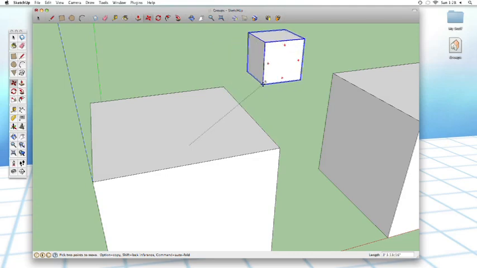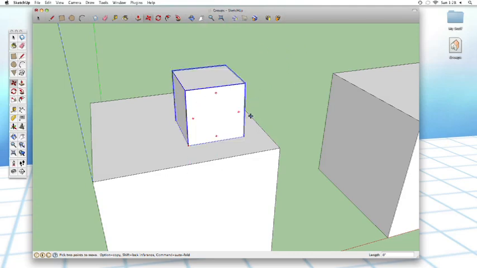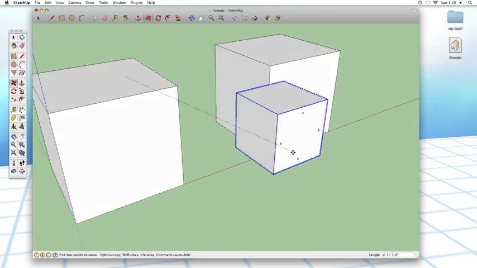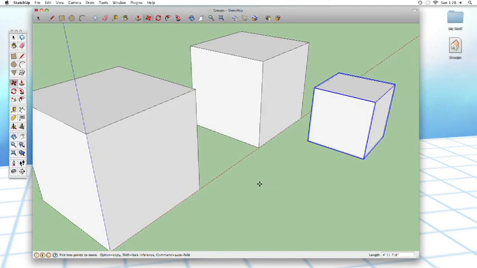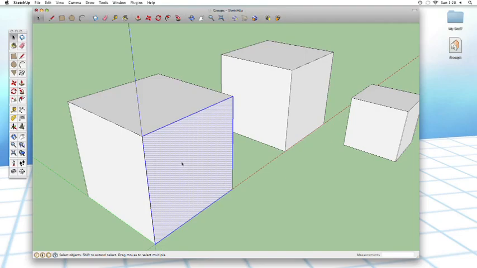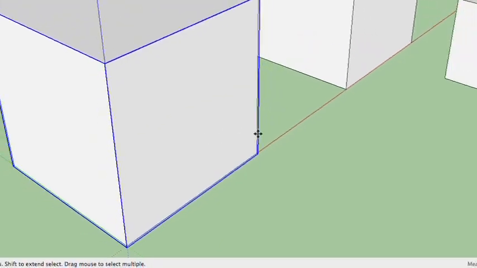Grab it, move it off. Move it up, move it down, move it wherever I want, and it's not glued. Groups are not sticky, is the best way to describe it. And the same thing goes even if both of these things are groups. So if I make a group out of this cube here, right-click, make group, I get the same exact thing,